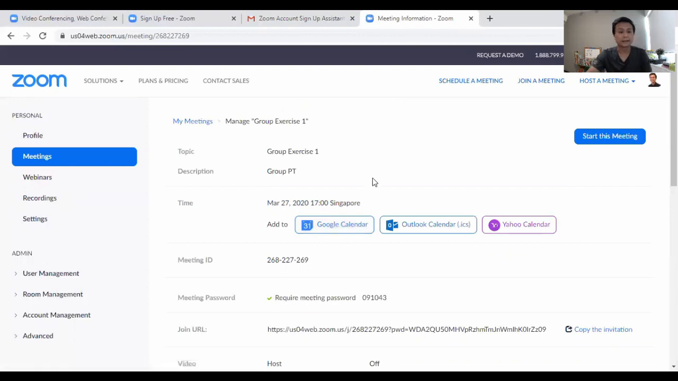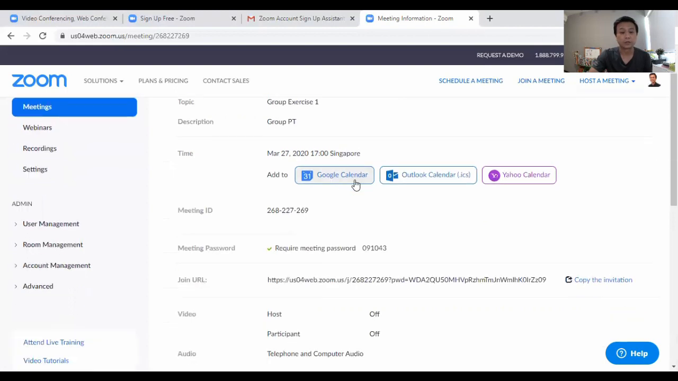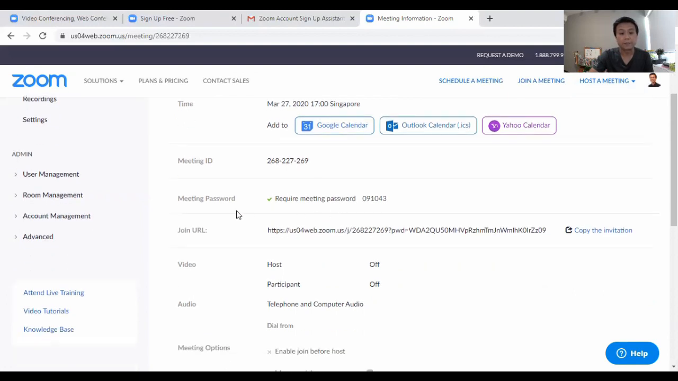And you will see that in that meeting being scheduled. So it says group exercise 1, the description is group PT, and it's set for today, 27th of March at 5 o'clock this afternoon. You will have a unique meeting ID right over here, and that's just an ID, and the meeting has a password as well. So one of the ways to get this information out to your potential clients or participants is you see the join URL, just highlight that,